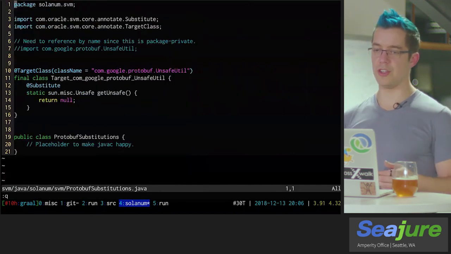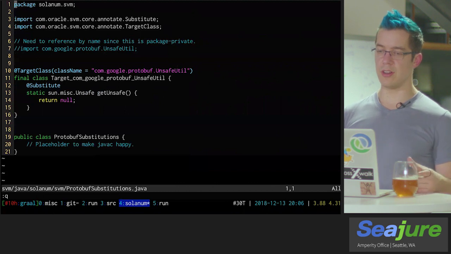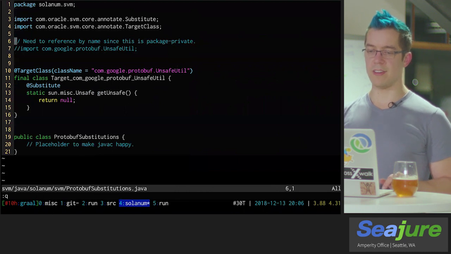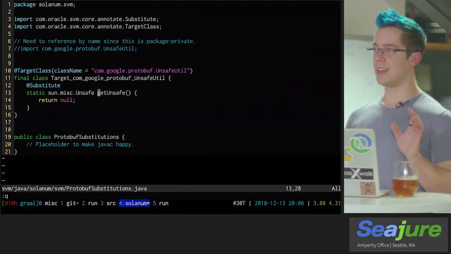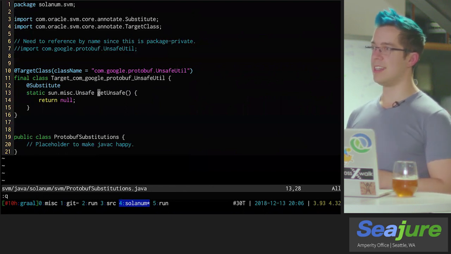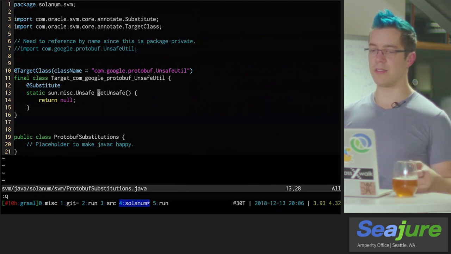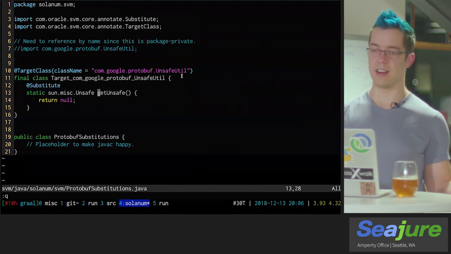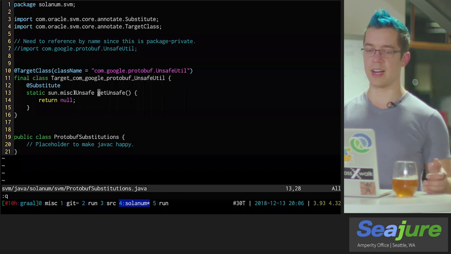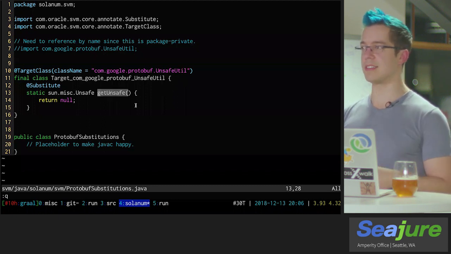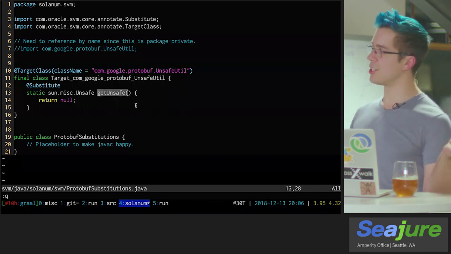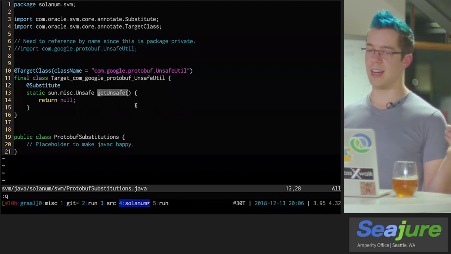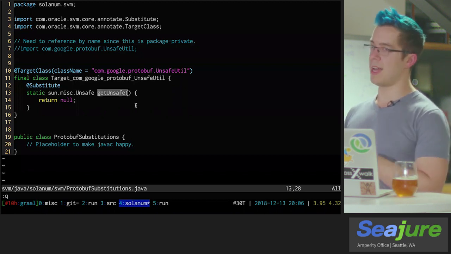So for Protobuf, the reason that Graal couldn't pattern match on any of the accesses is that Protobuf's unsafe util class actually has a method for getting the unsafe class if the platform it's on supports it. So in practice, that means all of the accesses on the unsafe class were not directly on the class, they were on the return value of this getUnsafe call. And so Graal says, hey, that's some object being returned from this function. I don't know that that's unsafe. That's the unsafe class, so I can't match any of these things.